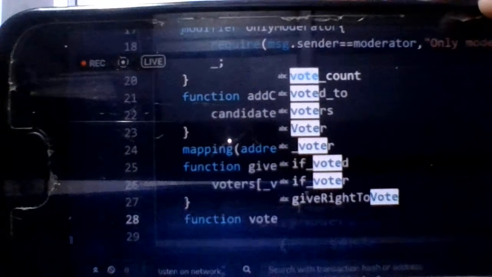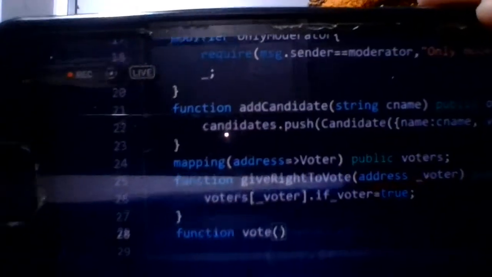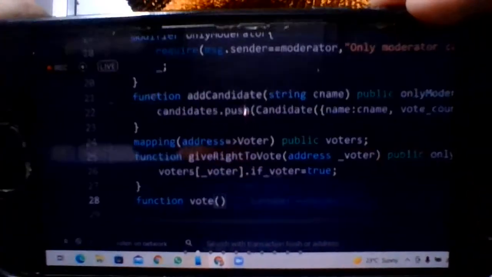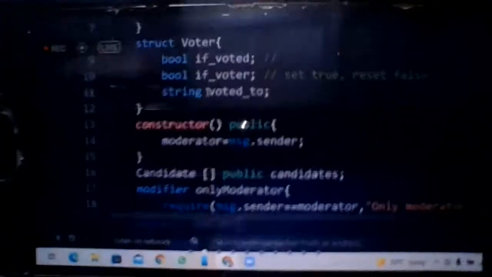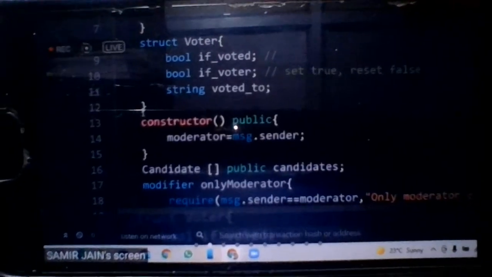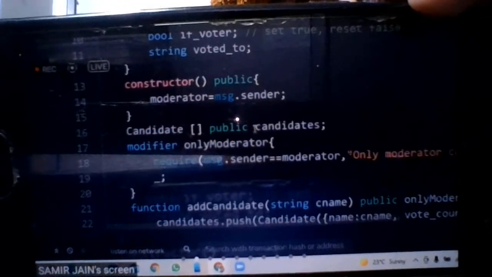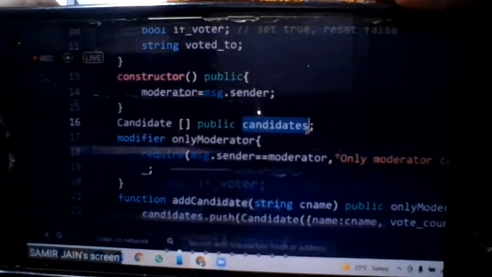In this function, this is the main part of this contract where we are going for voting. So I am voting for a particular person. I know that person is a candidate, and whose information is stored inside this array candidates. So what will we do?